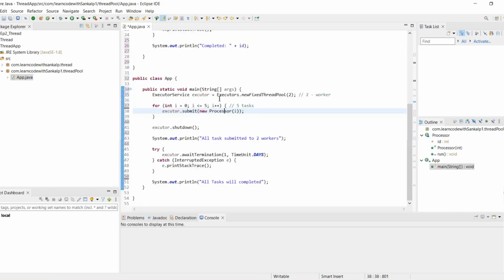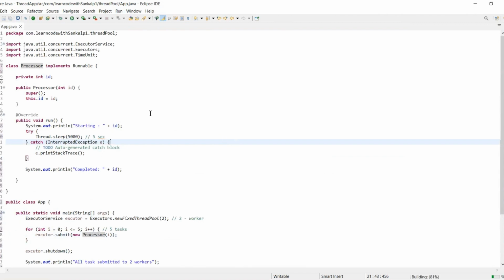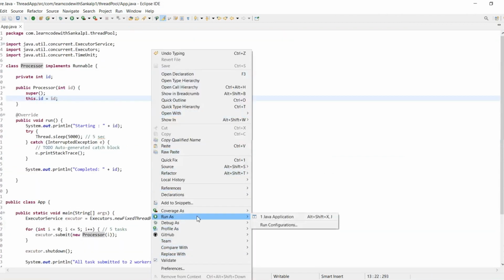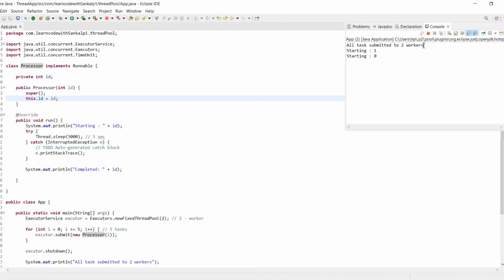Okay guys, this is the code. We run it and see what happens. All tasks are submitted to 2 workers. The first task starts, the second task starts, the first task completes, the second task completes, then the third task starts, then the third completes, the fourth completes, like that.